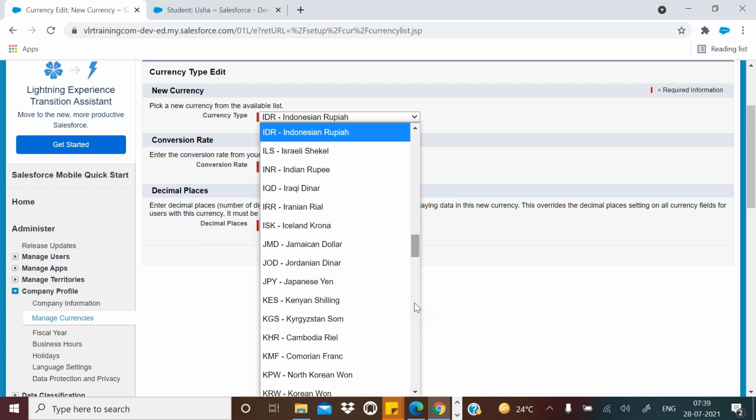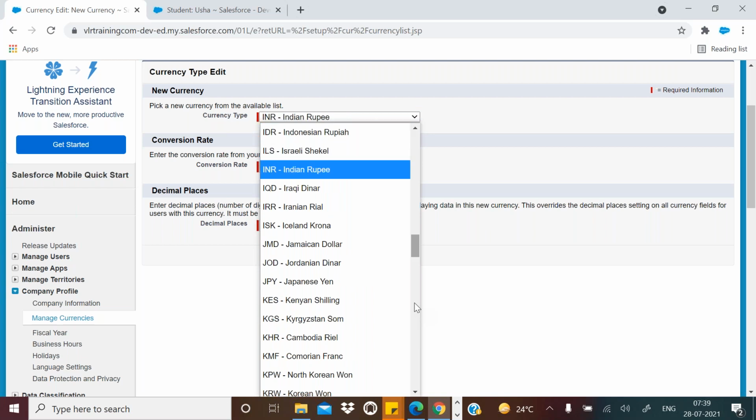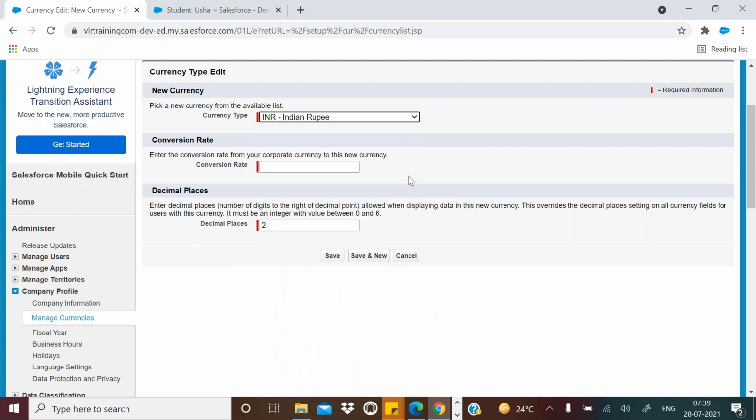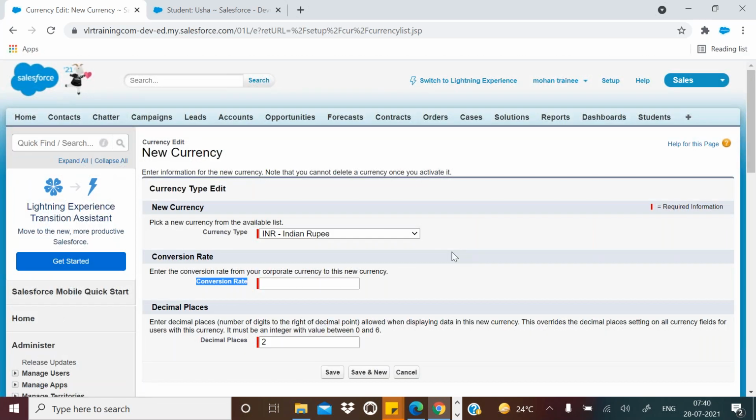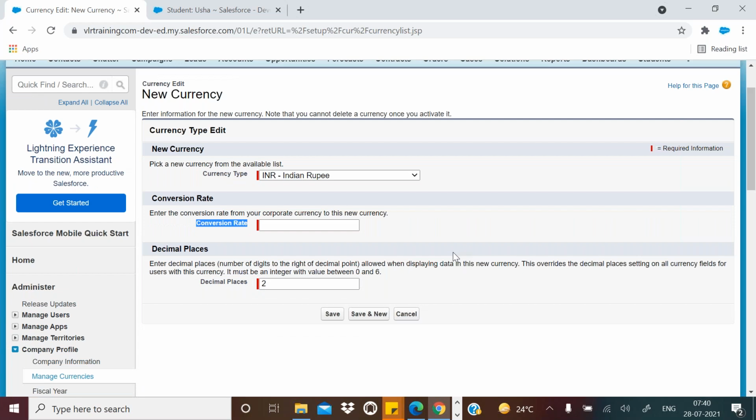Now the conversion rate. You need to give the conversion rate from dollar to rupees. The corporate currency is dollars, $1. From dollar to rupee, how many rupees for $1? 75 rupees. For $1, you need to take it like this.